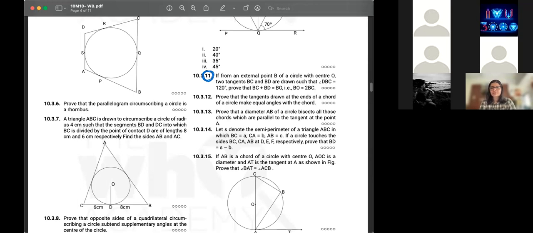Mansi, some questions are not done properly. See, if you write in short forms, that will work. Like, I'm not expecting you to write full sentences and everything. But when you're doing the proof, I need to see that you didn't just jump to the final result. There should be logical sense. Even if you wrote isosceles or alt int angles, that's fine too. But I want to see some sort of logical sense.